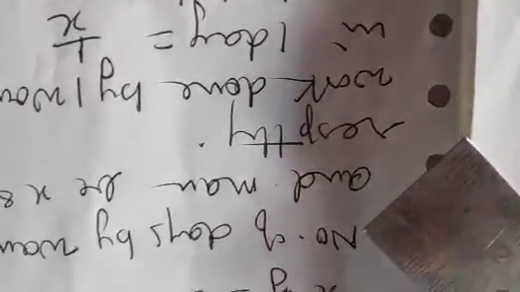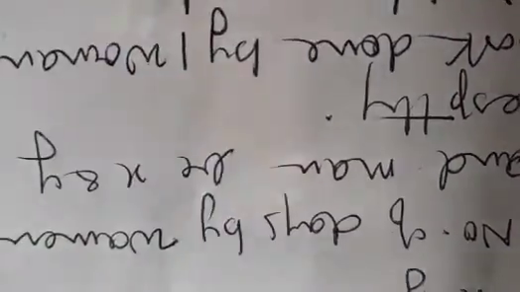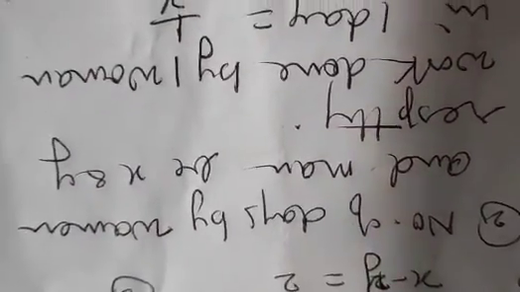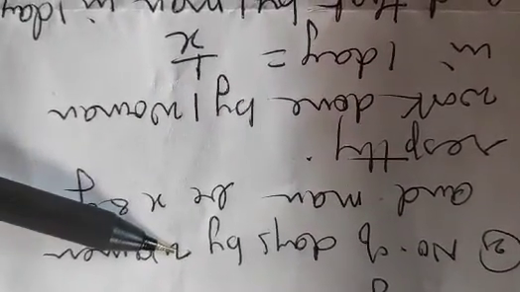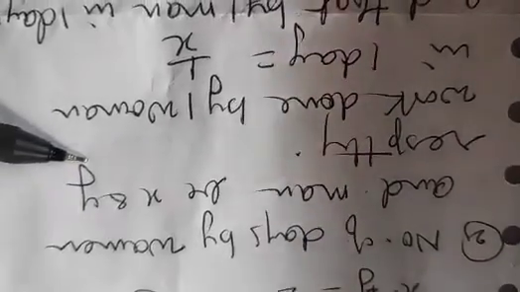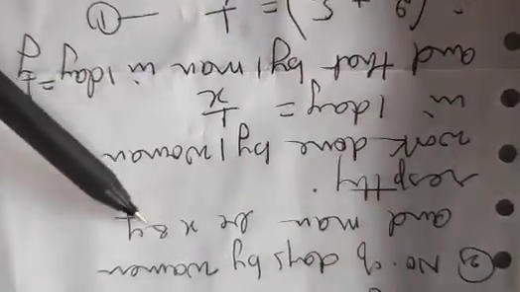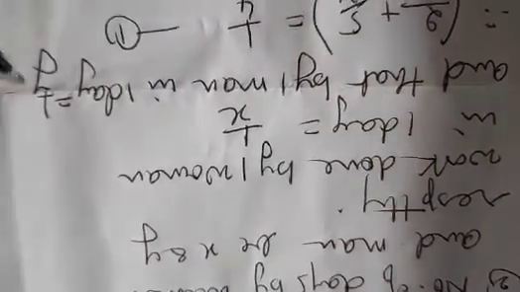So we will assume that the number of days taken by the woman and the man be x and y days respectively. Means woman is taking x days to complete one work and man is taking y days to complete one work. Okay, we are assuming like that. So work done by 1 woman in 1 day: if x days she is completing the work, then in 1 day she will do 1 upon x work. Same way, if y days are taken by men, then in 1 day the man will complete 1 by y work.